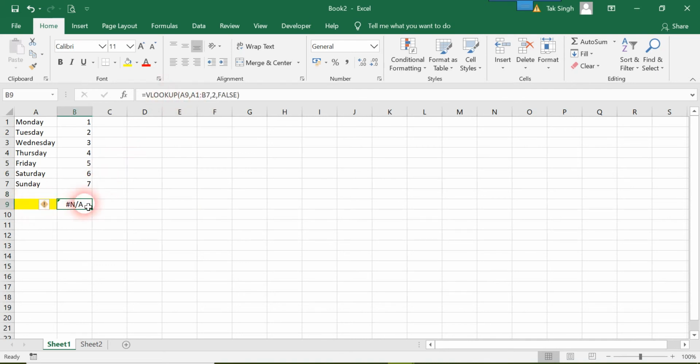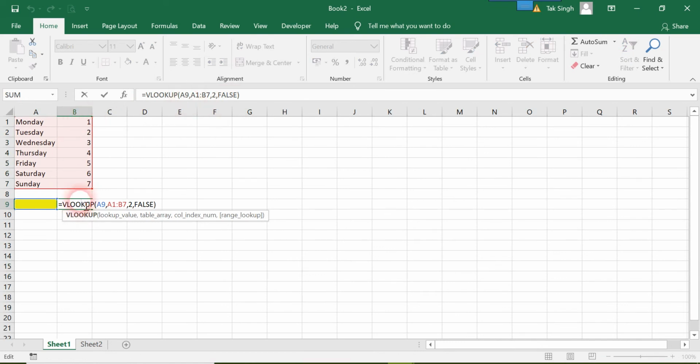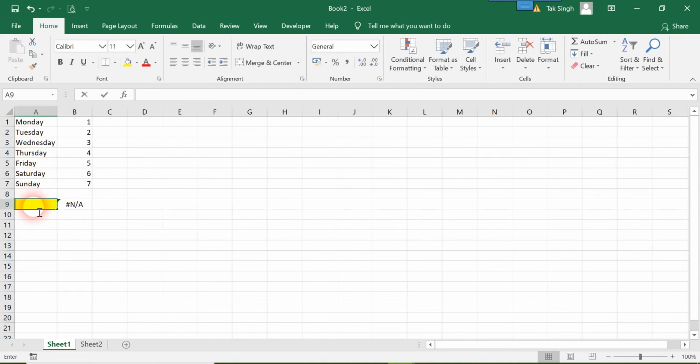It will look up this cell and find this cell input in this range over here, and give me the second column output, and false is the default for approximation. So if I type over here the first weekday, that is Monday, it gives me 1, working quite well. But what if I type Sunday over here? It gives me an error, and this is something that we will work on right now.